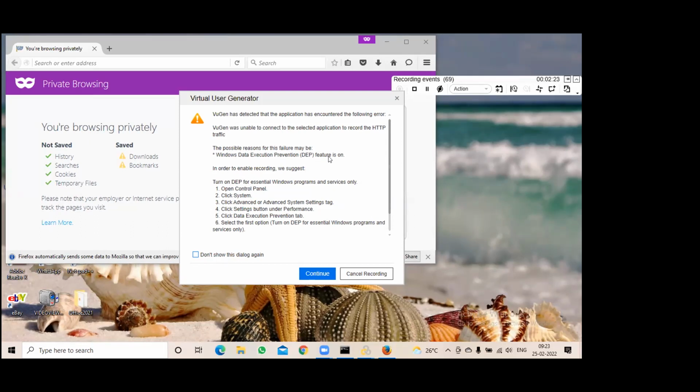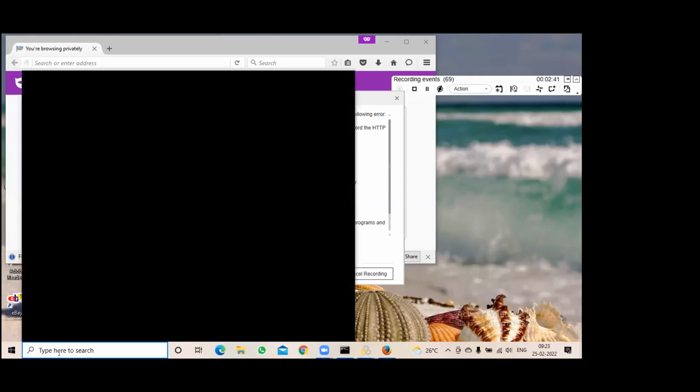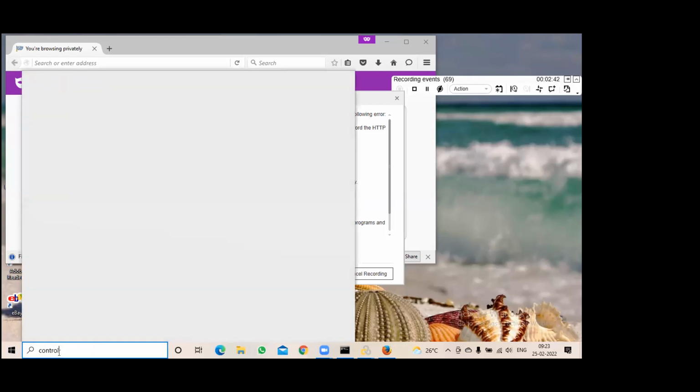What is that Windows DEP and how to turn off the DEP? You have steps over here. Open control panel, system, advanced, settings button under performance. So let me do that. Go to control panel.